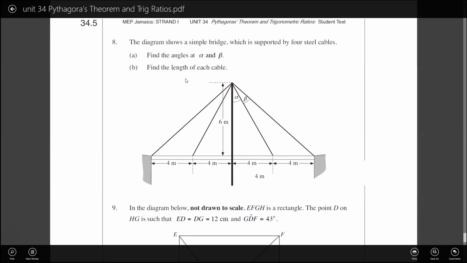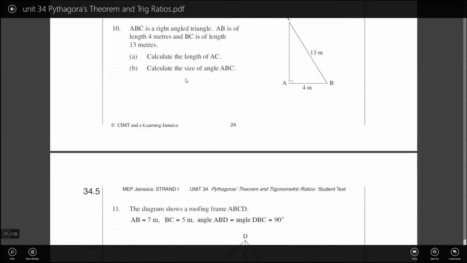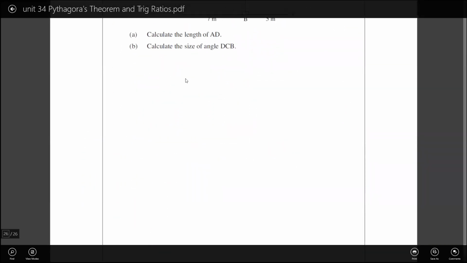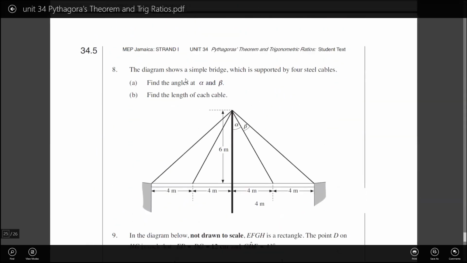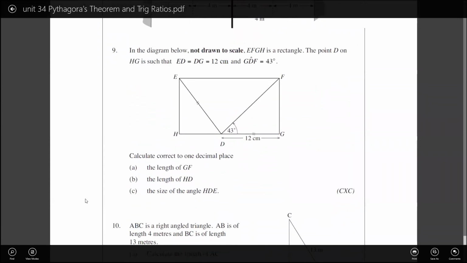8, 9, 10, 11. So those questions, right? So pause the video at each one and go through. So 8, can pause here now, do the question, then we'll go again. 9, can pause here, do the question,